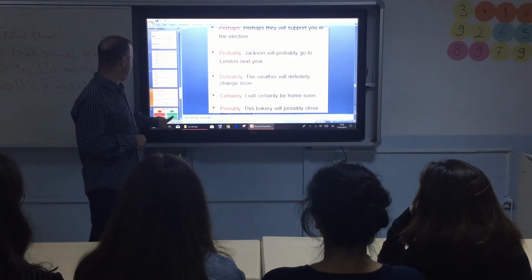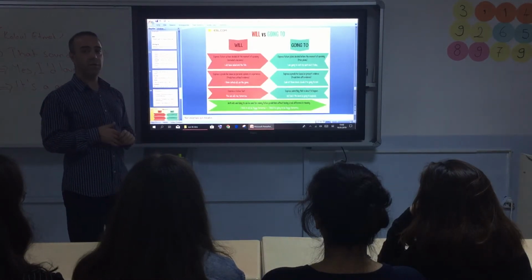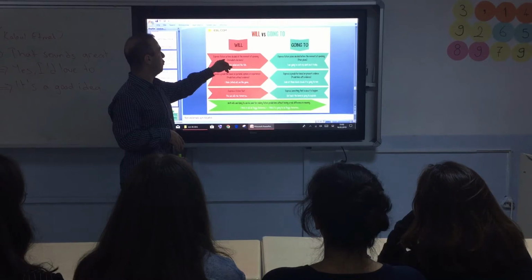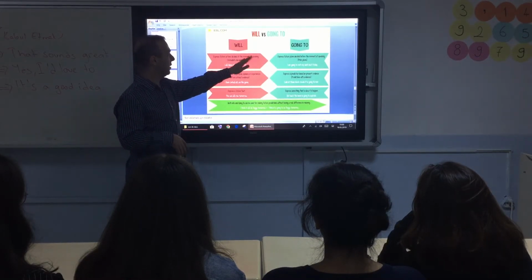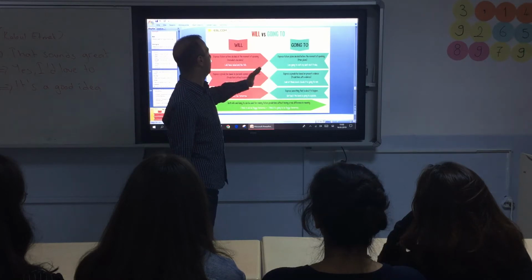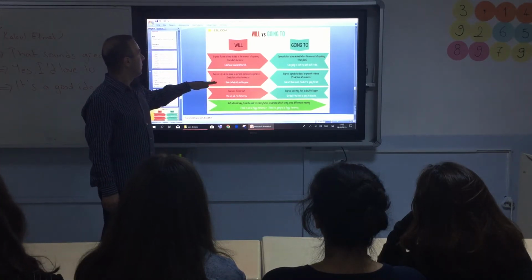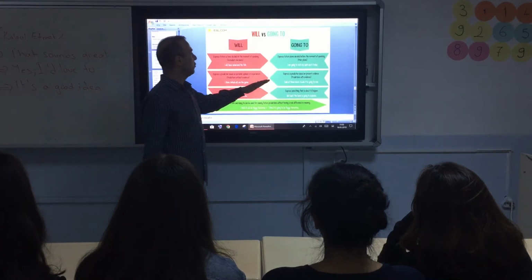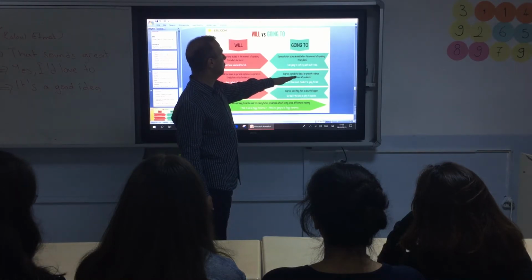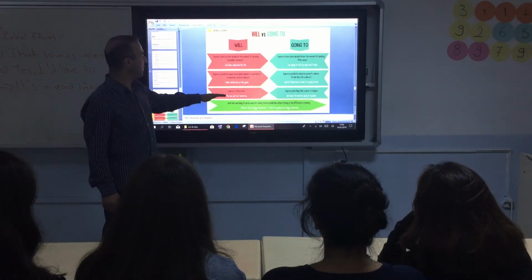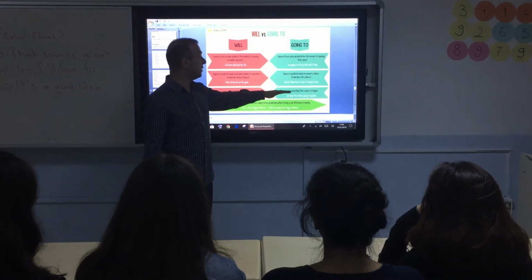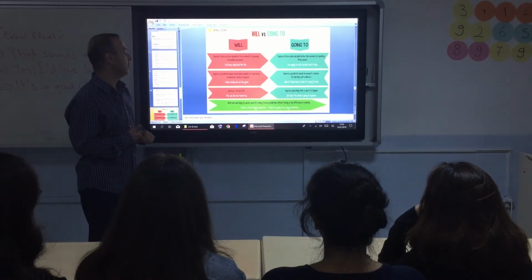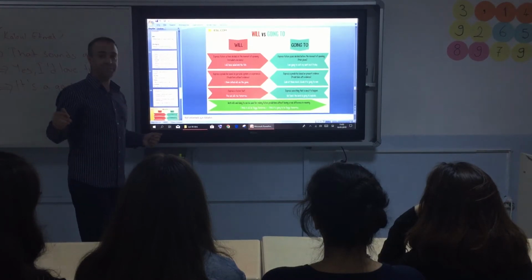Let's summarize what we have learned in a table. Okay? We use will and going to to express future actions decided at the moment of speaking, to express planned activity, and we use will for predictions based on personal opinions or experiences. We use going to for predictions based on present evidence. To express a future fact, we use will. To express something that is about to happen, we use going to. And both will and going to can be used for making future predictions. Okay.